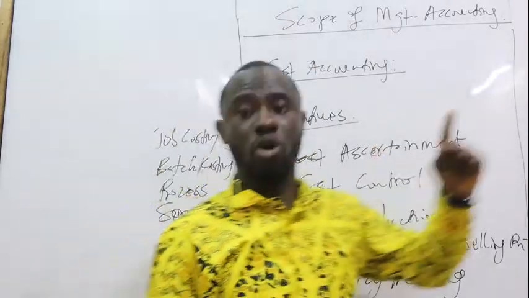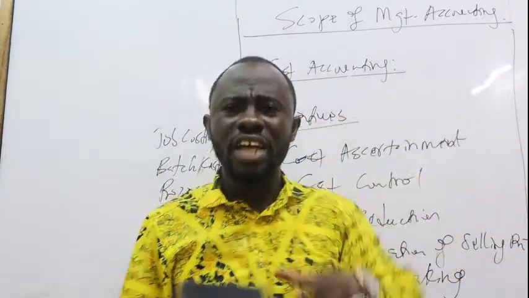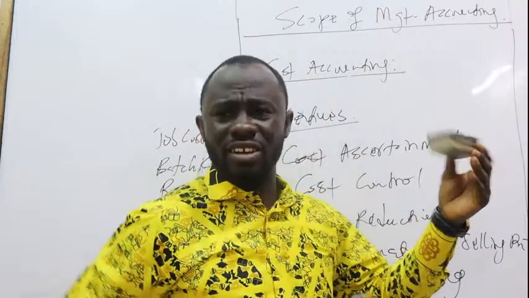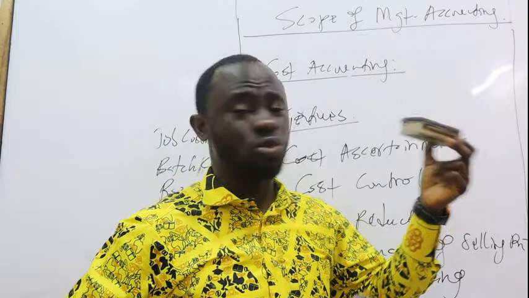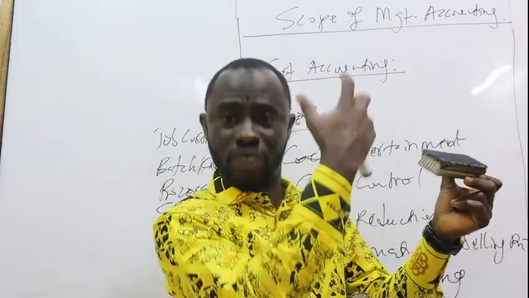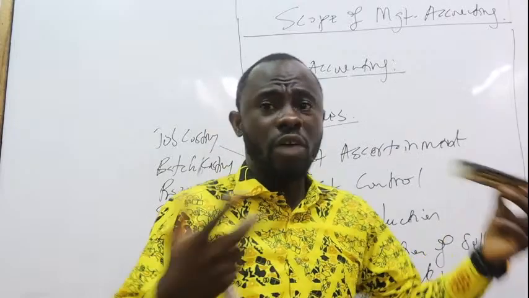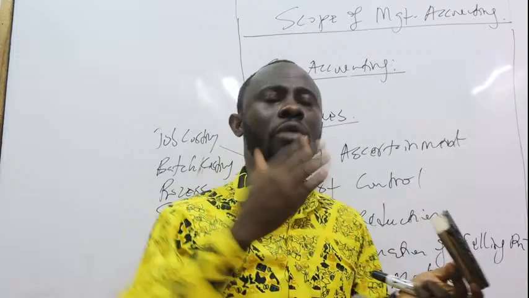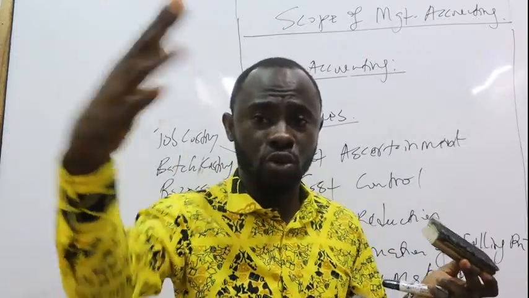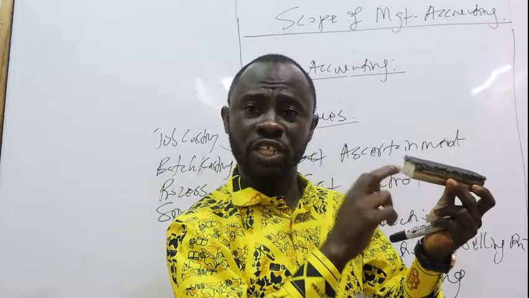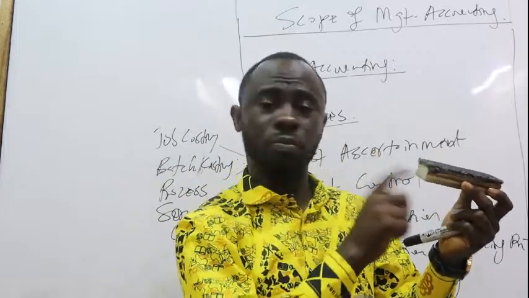That is cost control. But cost reduction is where we decide that, all right, if we want to produce this duster, it will cost us $5 per unit. But what do we do, or how can we reduce the average cost per unit? Then we can say, okay, let's buy the materials in bulk. So when we buy the materials in bulk, what do we enjoy? Discounts. Once we enjoy discounts, we'll be able to reduce the cost per unit of the duster.